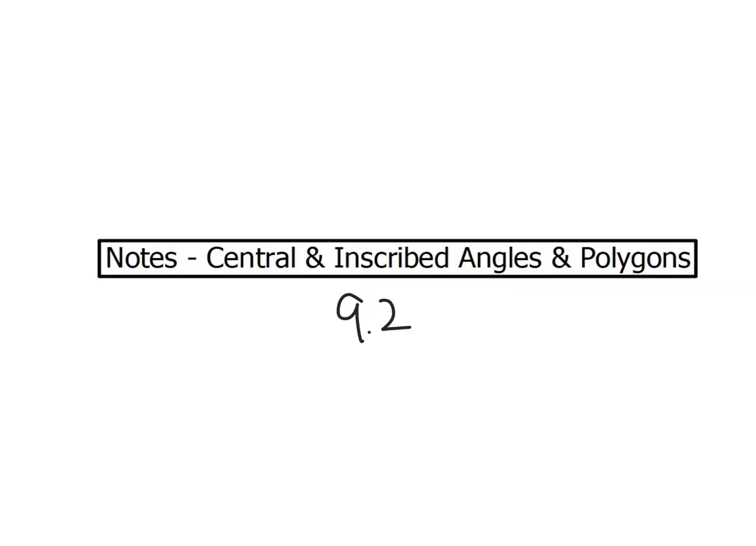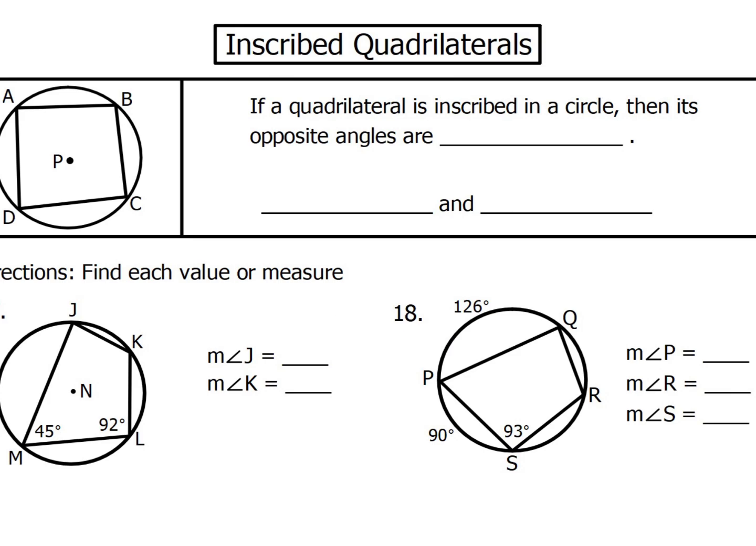This is a continuation of the notes focusing on central and inscribed angles, and the polygons that we're going to be focusing on will be quadrilaterals. One thing to remember about quadrilaterals is that there are 360 degrees inside the quadrilateral between these four angles, and given that there's 360 degrees also in a circle, there's going to be a relationship certainly between angle measures, especially